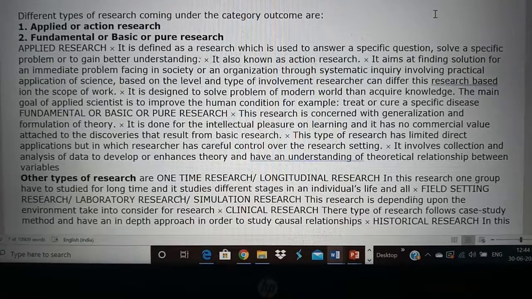For example, when we work in a leprosy hospital, we find that some patients come with repeated ulcers even though we give free footwear to them. So we want to find out why that person, in spite of being given free footwear, is not wearing the footwear. So that is applied research. There is a problem that we have identified in our work and we are trying to find a solution. So that is application of our research knowledge.